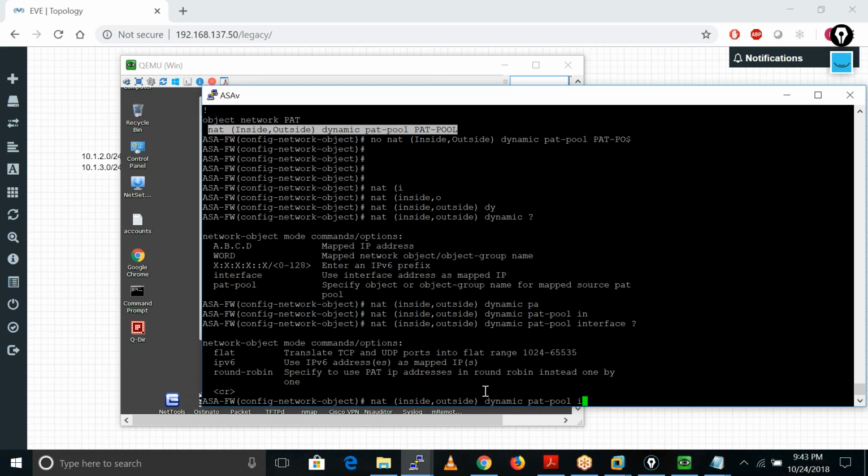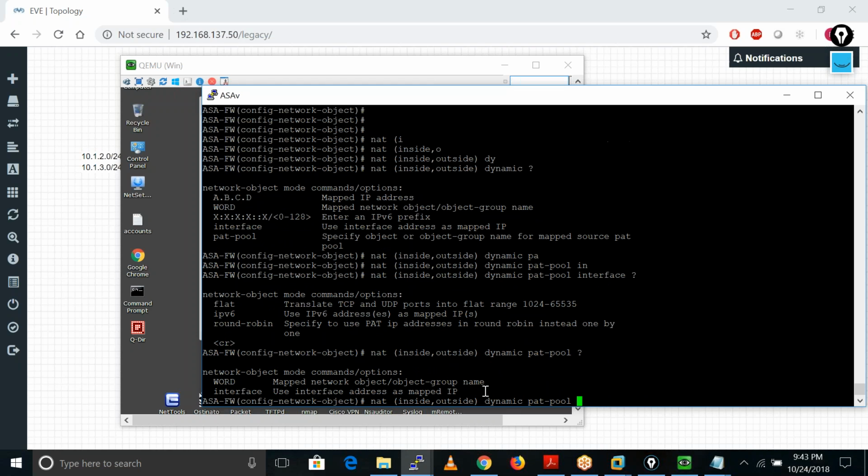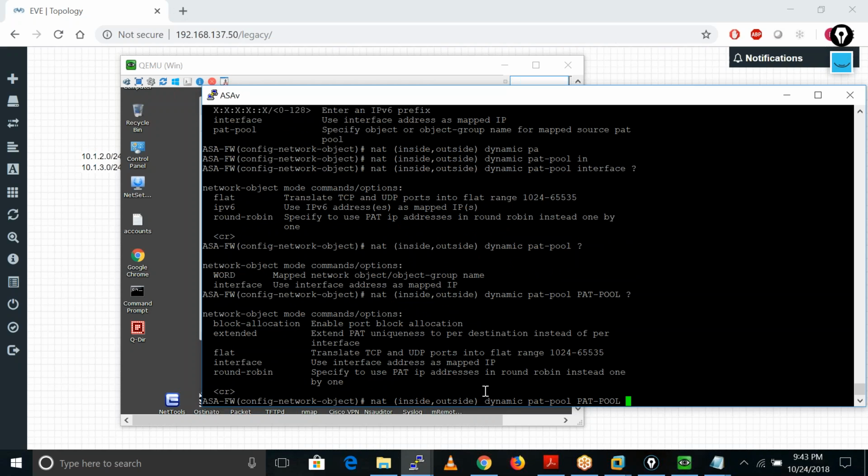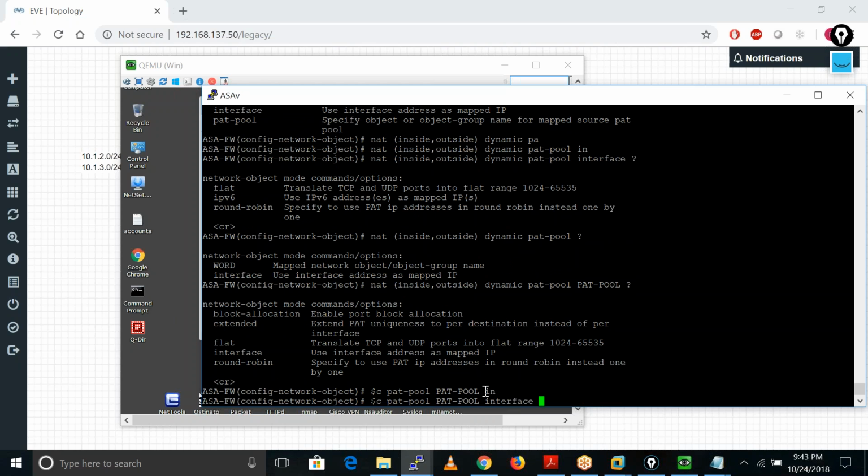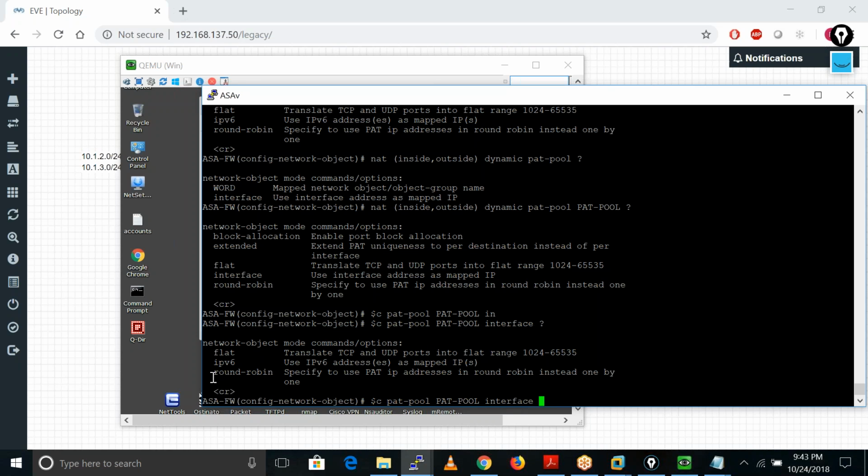Okay. So first we define the PAT pool here. After the interface, okay. And we can also define the round robin algorithm, right?